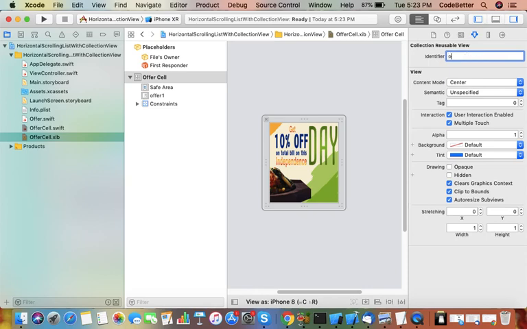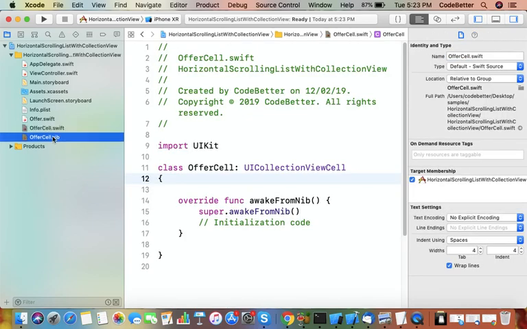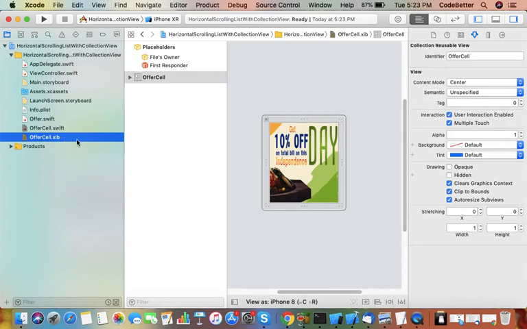Let's say the identifier name is offer cell. Although it is not compulsory to give the same name as the XIB or the class, the identifier can be different, but to remember it, to memorize it, we can easily use it.